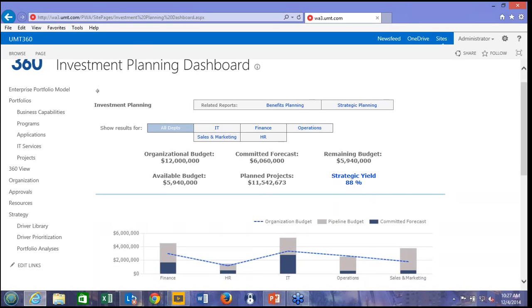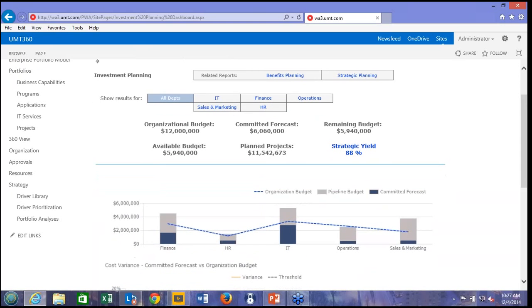We have $6 million of committed funds, meaning the projects are in flight, which leaves the remaining balance of around $6 million worth of funds available. We have $11 million worth of projects in the pipeline that haven't been funded yet. And what this is telling me here, and we'll refer to strategic yield throughout today's presentation, is that if I